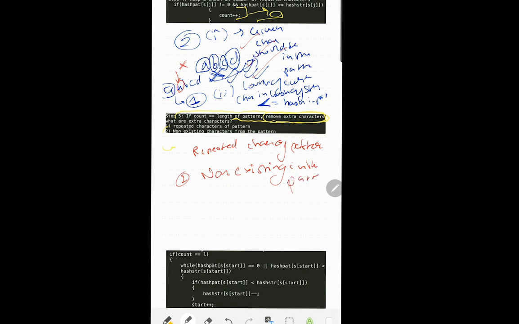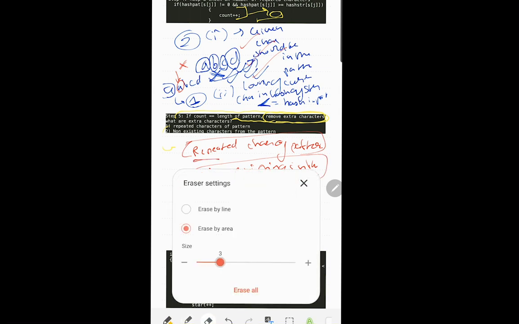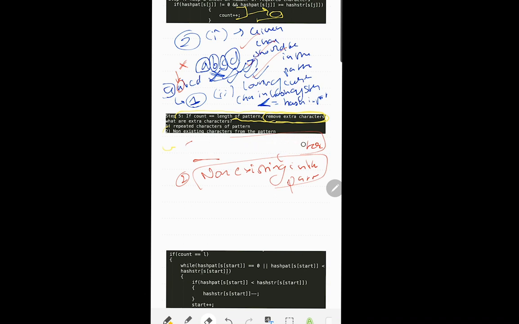Let's understand what these two points mean. Starting with the first point: repeated characters of the pattern.